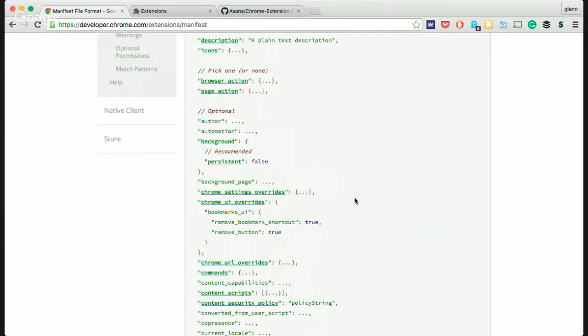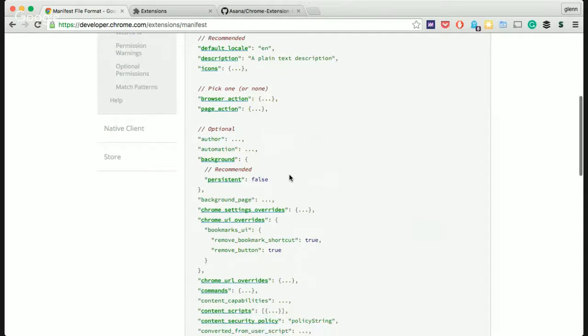And this is probably why Chrome extensions can have a bad habit of slowing down your browser if you have a lot of them installed, because many people probably wrote background processes not considering how much it could be affecting your browser's performance. And you can also see here, you can set persistent to true or false, where if persistent is false, then the background script won't start running until you make it run from either a page, browser